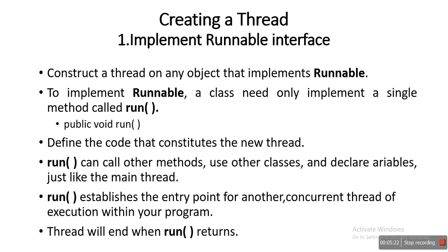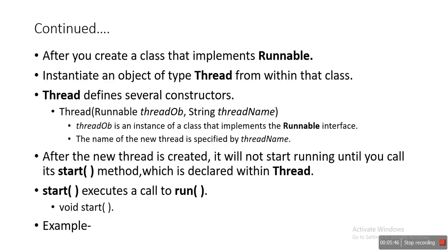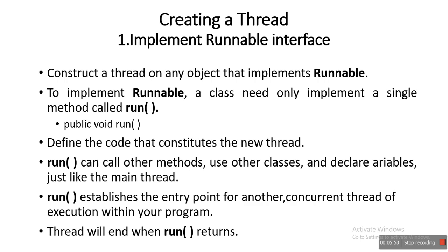the code which is written within a run method is completely executed. Once it returns, the code within a run method completes its execution. So when all the code has completed its execution, then we can say that the thread will end. The run method code is executed, now the thread is going to end. The thread ends when run returns. Okay, when the run method returns.